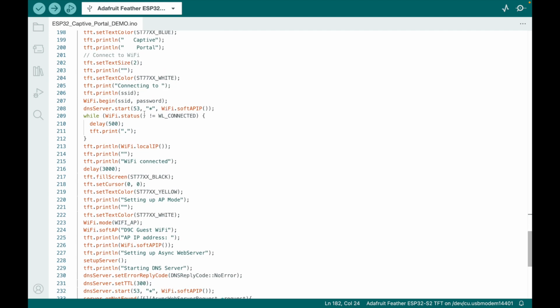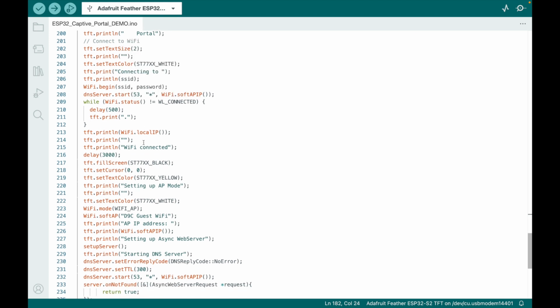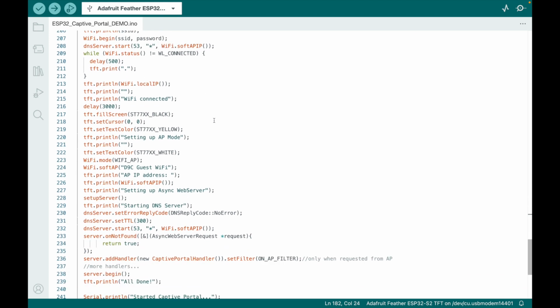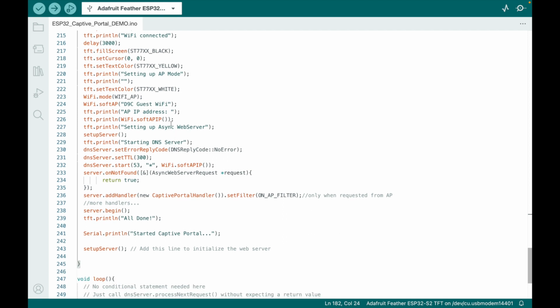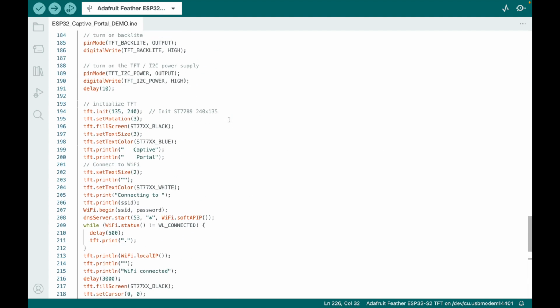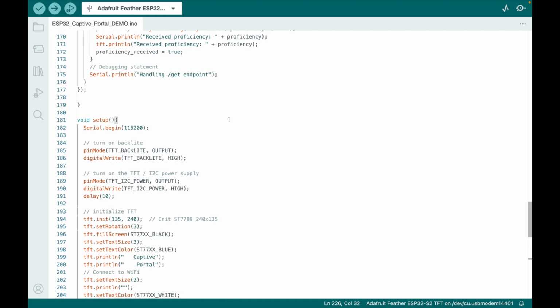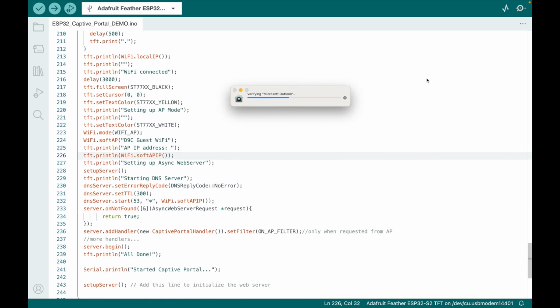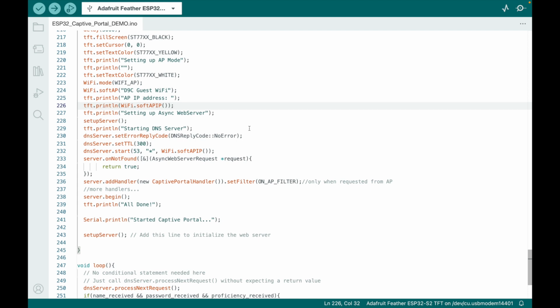And here's where it prints the very first page, the Wi-Fi status, and prints the Wi-Fi. Then here's the set AP mode and all that. This is the second screen you see, and here it prints what the IP address is. Now, you can set the IP. You can hard set it. I didn't do it in here, but I let it use its own, and it picks this